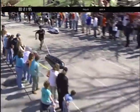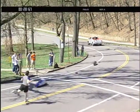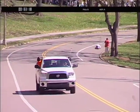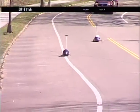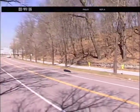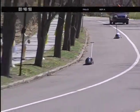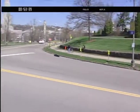AEPi is less than a second behind, but looks like PiKA is going to go out to the free roll about 100 feet or so ahead of AEPi with a strong push and great technology. So PiKA has combined 11 years experience on that front hill, so you'd expect them to be up and over, but you never know what can happen on a race day. Yeah, but looks like AEPi's buggy is pretty much maintaining its distance behind PiKA's. It's about 200 feet back. I wouldn't expect it to be able to pass PiKA, just given the technology gap that's still out there between the organizations, but AEPi is definitely holding its own as its buggy drifts about 300 feet behind,